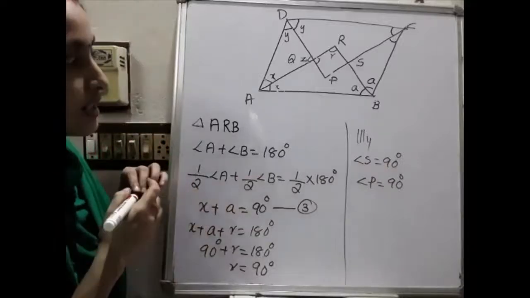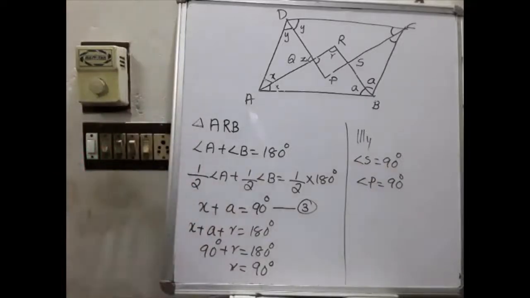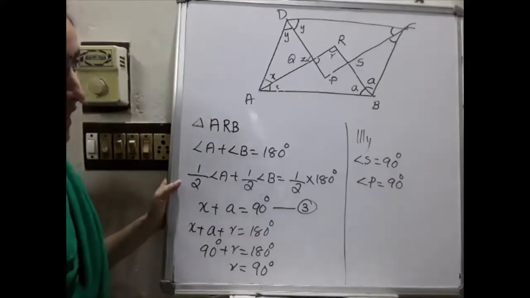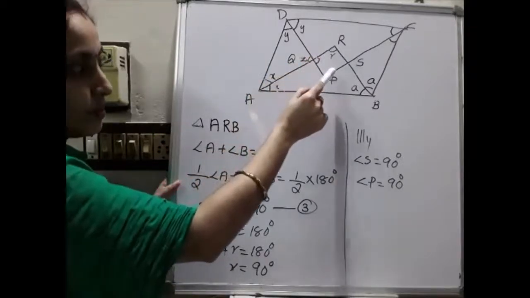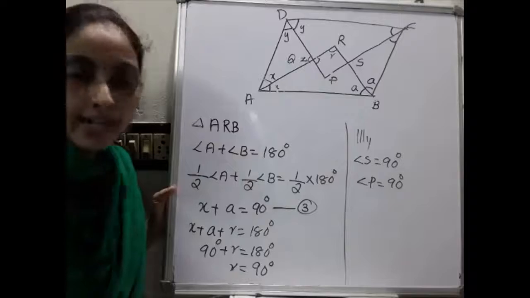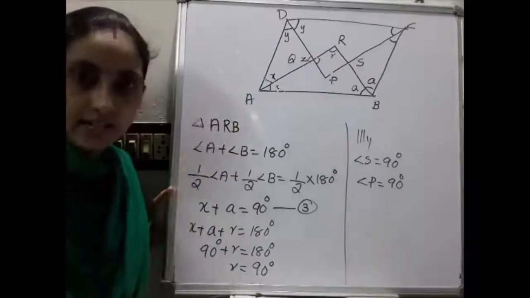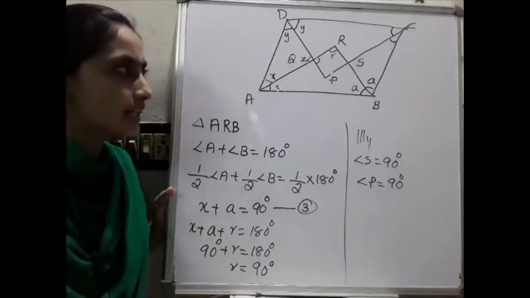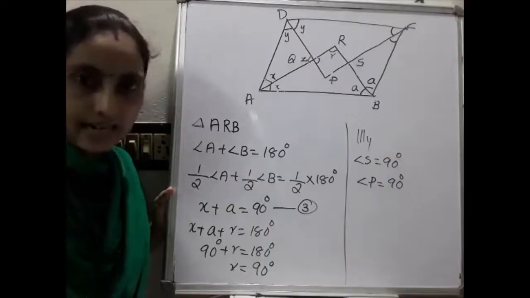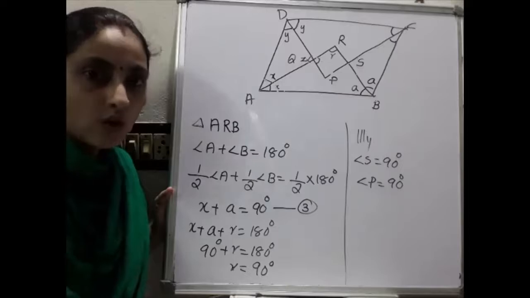So please write down up to this. So we got what? All angles are equal to 90 degrees. That is angle S is equal to angle R, this is 90 degrees, this is 90. Similarly we can prove P and S are equal to 90 degrees. So it will be a rectangle. It may be a rectangle, it can be a square, no problem. Just one thing: all angles should be equal to 90 degrees. That is the condition for a rectangle.